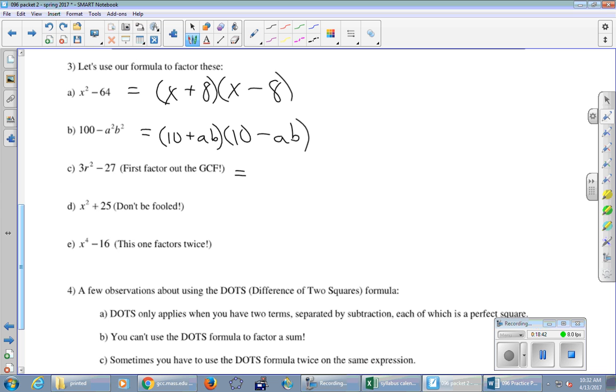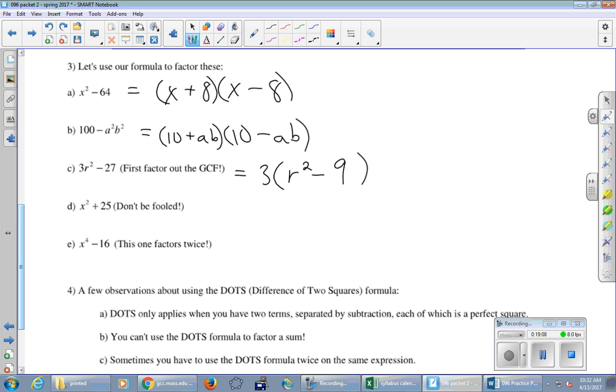Let's do that. What goes into both? It's 3. Don't say it out loud, but go ahead and put in the thing in the parentheses if you can, when you factor out that 3 from both terms. So I get r squared minus 9. Is that okay? Okay. And hey, r squared minus 9 is a brand new problem, and we can ask our